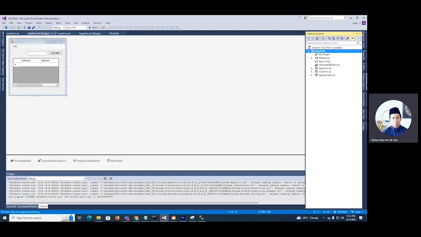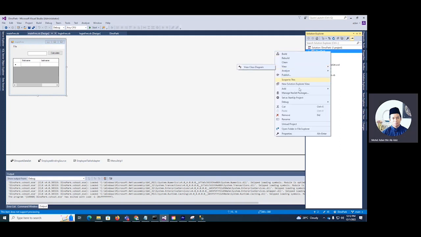So I will need a create, a read, and update and delete. So read is very simple. You can just put a data grid like this,